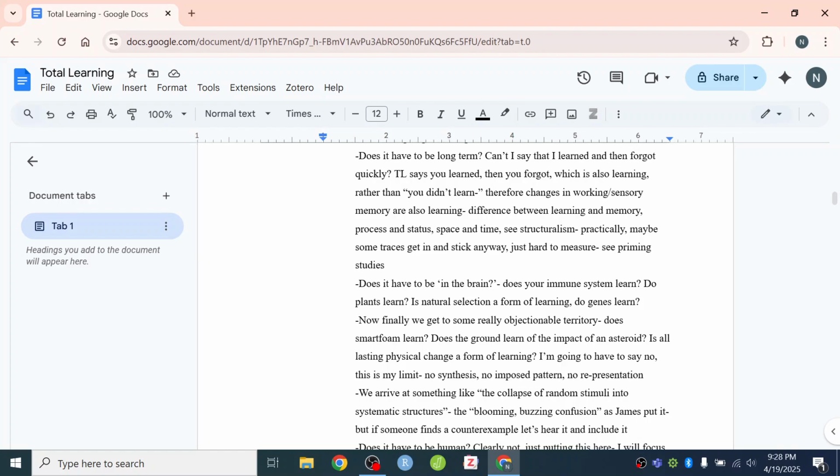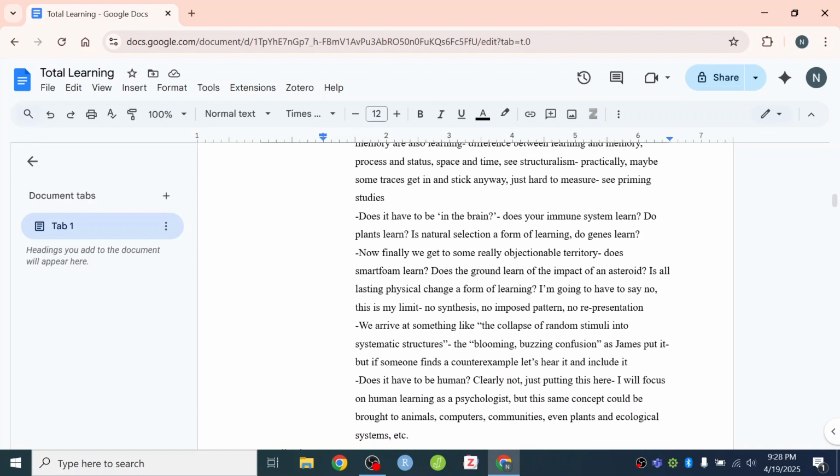This is not a very strict definition that I presented here. Again, if someone can find a counterexample, something that could possibly be considered learning but doesn't fit this definition, let's hear it and let's include it. But this seems to be something like what we're arriving at, and again, in future discussions, I'll probably get more into what the specific definition of learning should be in this framework to set the bounds of this framework. And I'll wrap up here.